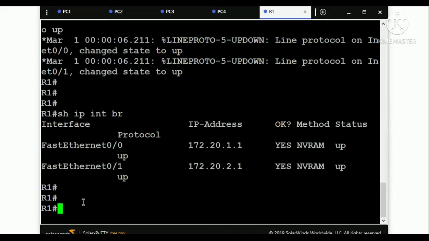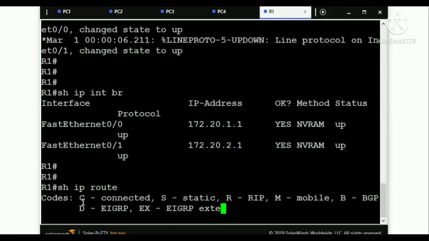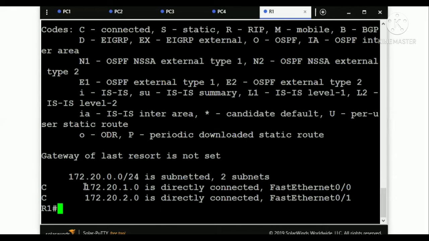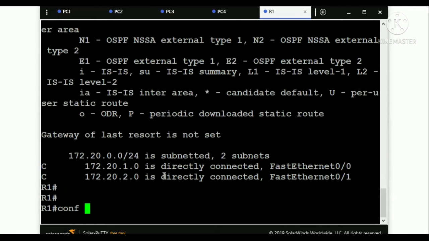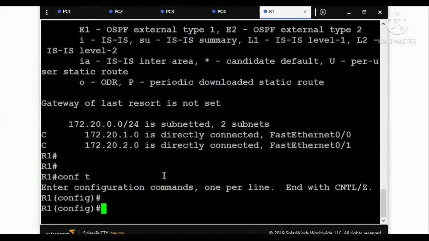Let me show you the routing table. Here you can see we don't have any routes, just the directly connected ones. There is no routing enabled on router 1. Let's go to config.